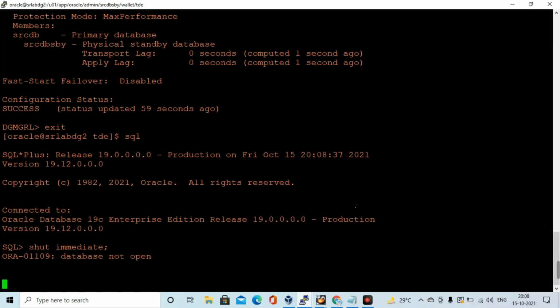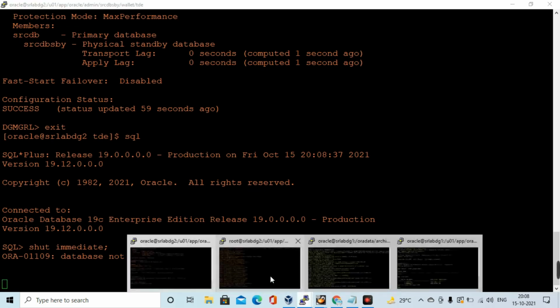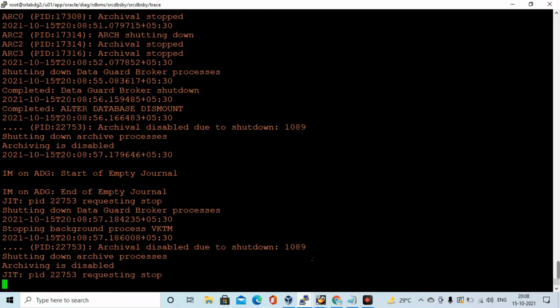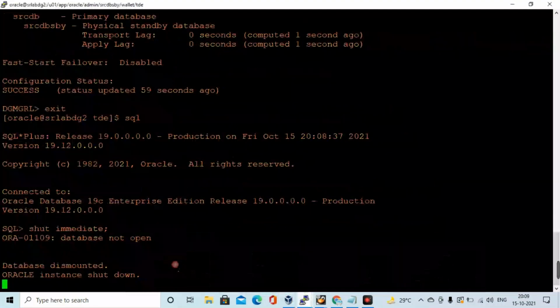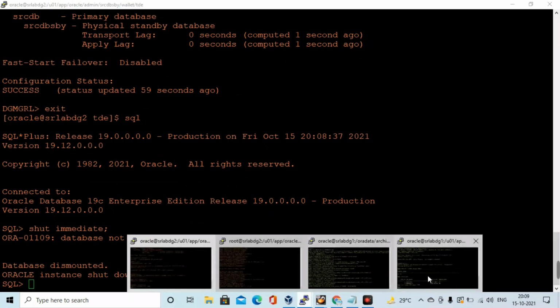Before creating, I am going to shut down the standby database on the target server. The simple approach is described here. We have already seen that we can create the standby database with standby equal to none in Oracle 19c.